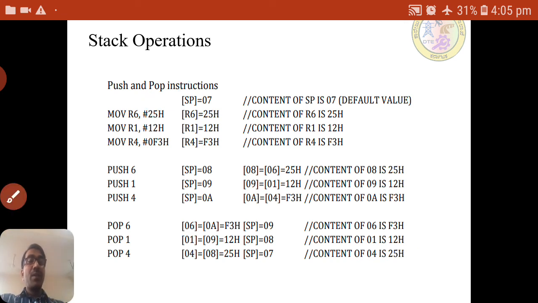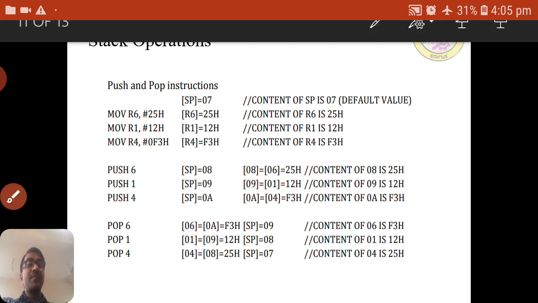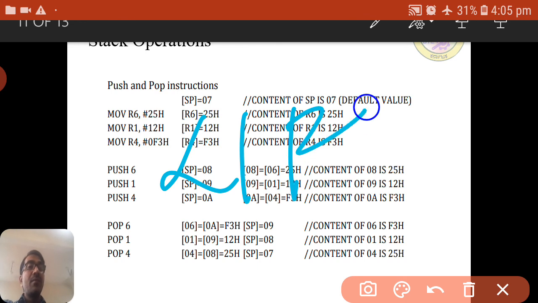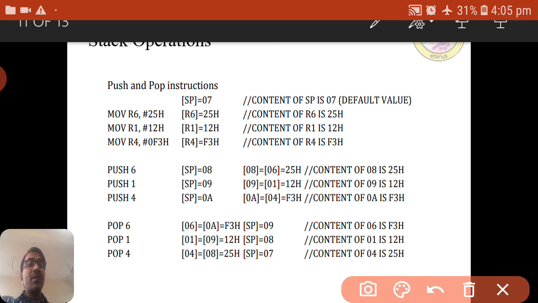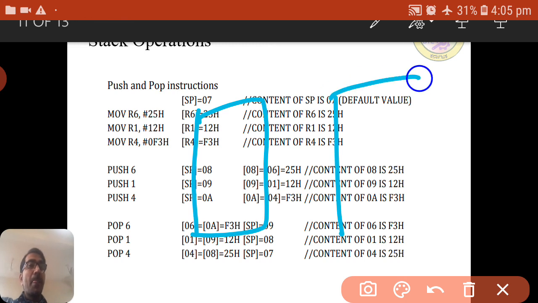Because of this, we call it last in first out. Basically the stack operation is used to store temporary values. This is how the stack instructions work.